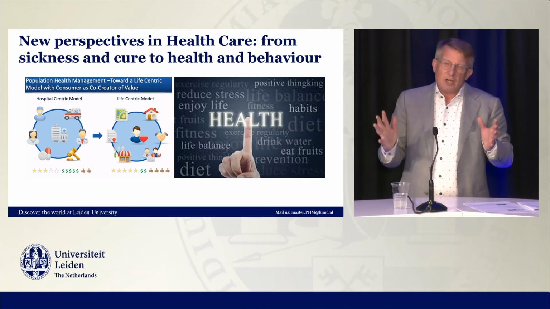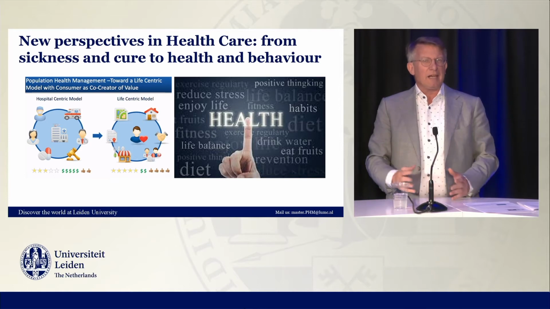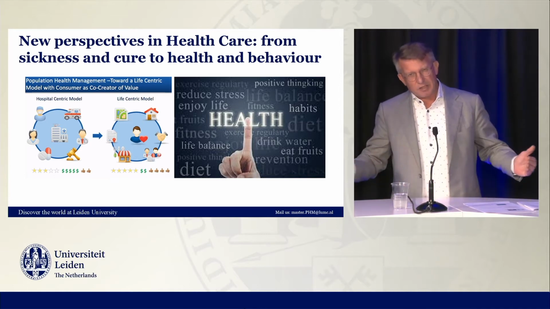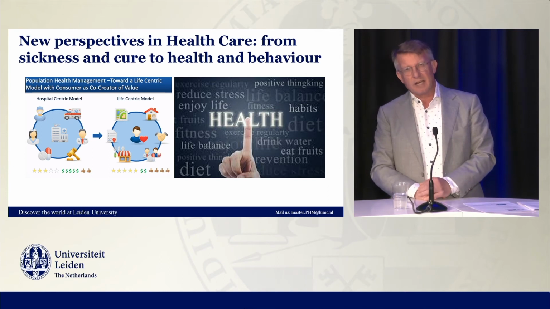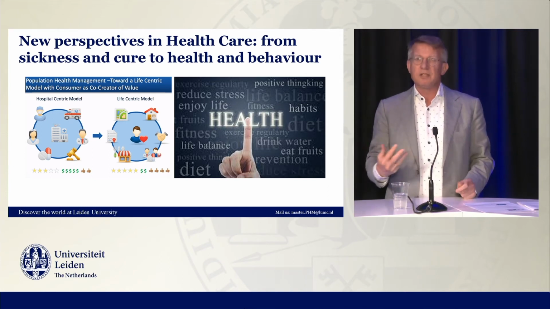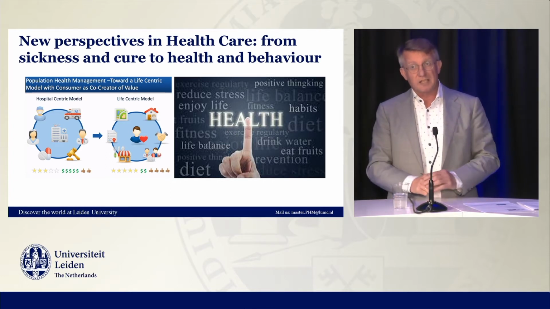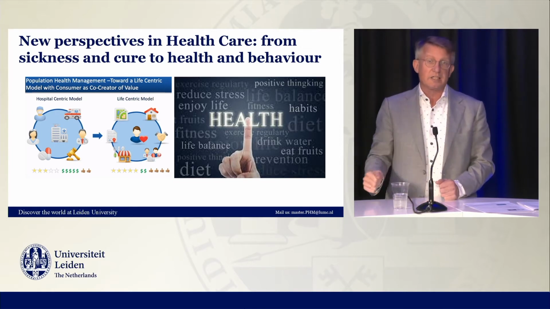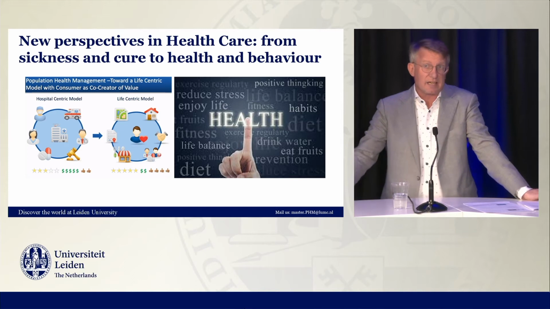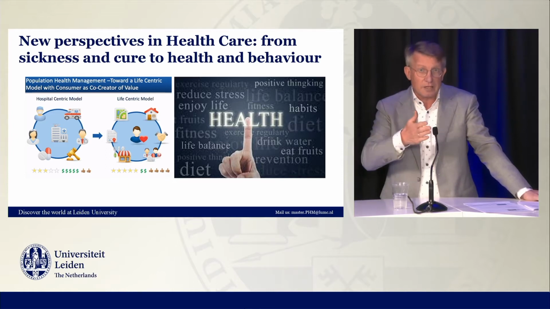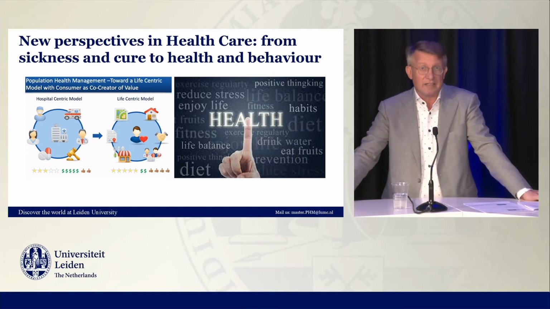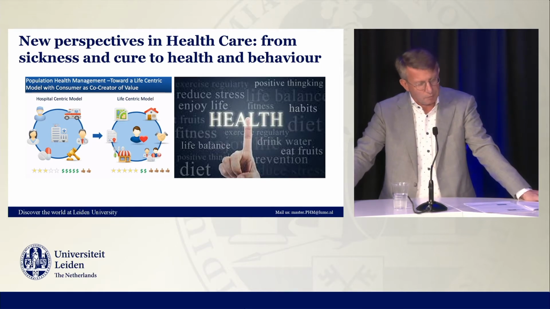And not only the needs in a medical way, but we see that in the paradigm shift we are facing in this current era, we also want to look at health in a more holistic way. People are becoming more central, and not their health problem or their disease. So we are looking at a much more holistic view, and as the slide says, we are going from sickness and cure to health and behavior. We are not only looking at repairing what went wrong previously, but we want to prevent it from going wrong in the future. That's the way we look at population health management.